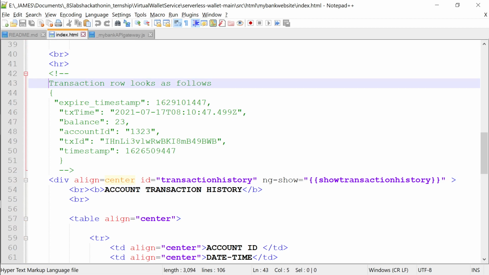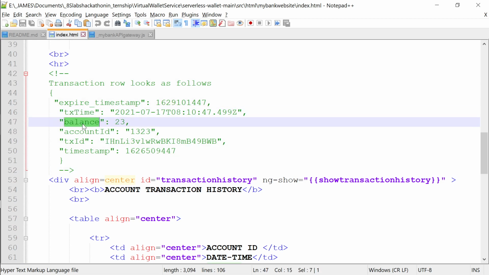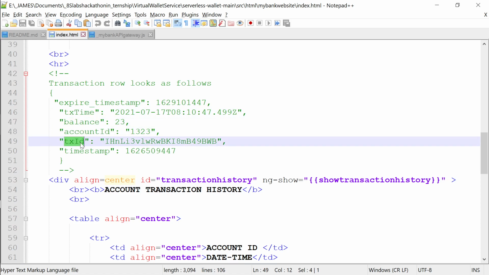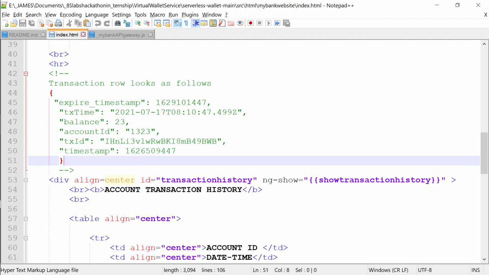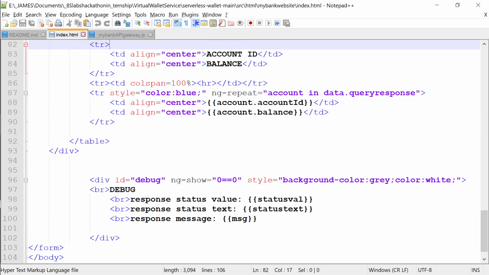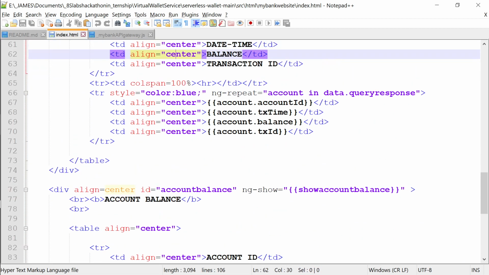This is how the rows will come back over here. You will get all these columns, but I'm reading only transaction time, balance, and account ID. Only these three, and transaction ID. So only those four columns I'm displaying over here.